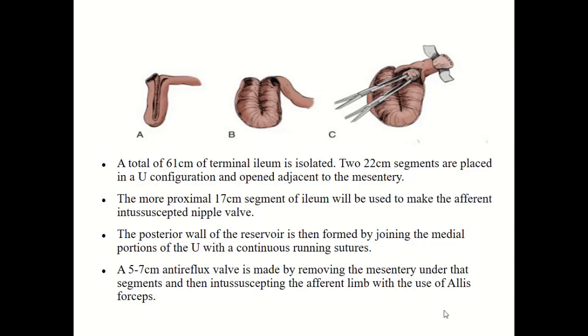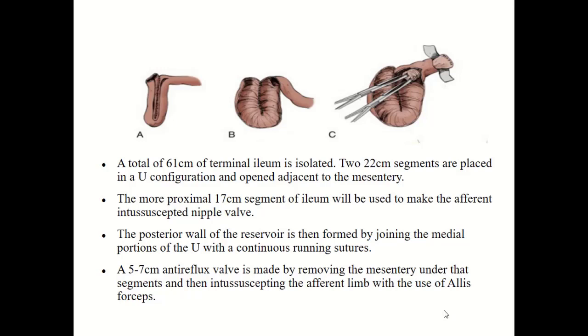A total of 61 cm of the terminal ileum is isolated. Two 22 cm segments are placed in the U configuration and opened adjacent to the mesentery. The more proximal 70 cm segment of the ileum will be used to make the efferent intussuscepted nipple wall. The posterior wall of the reservoir is then formed by joining the medial portion of the U with continuous